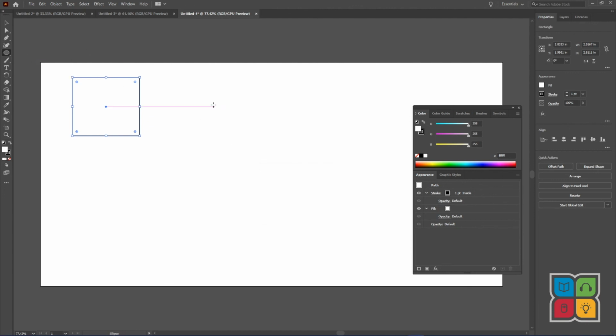Same thing with circle, but if you hold shift, it'll create a 1-on-1 ratio circle, and if you hold alt, it will grow out from the place that you've originally clicked. You click and then drag,